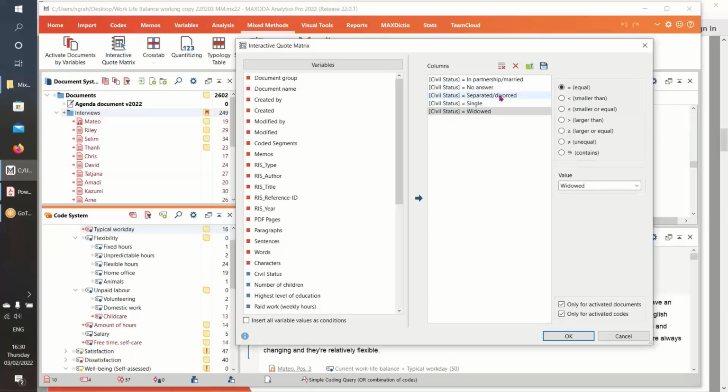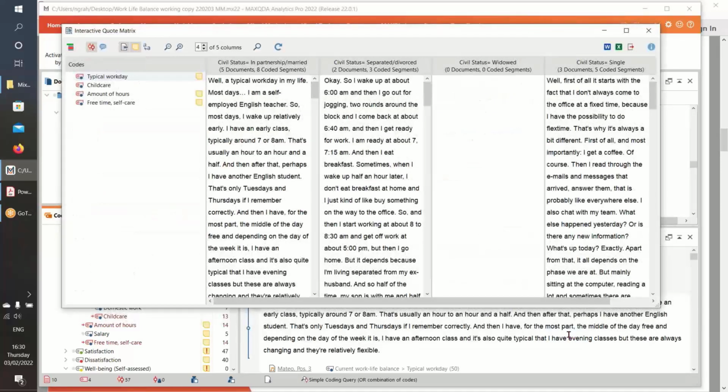Now, a little tip for you is you can move the columns around. The rows in this table will become the columns, and you can change the order. So actually, if I move the separated divorced up and the widowed up and the single up, maybe, and the no answer to the end, I've got a kind of scale of relationship down to no answer. Let's run it again on the same data, and the columns now come in that order: